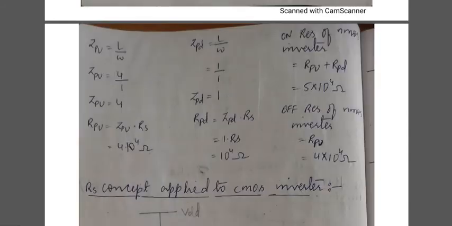So here is a small tabular column showing how we are going to use the length to width ratio for pull up transistors and pull down transistors, which will be on, which will be off, and what will be the sheet resistance or the channel resistance for your pull up transistor or pull down transistor, which are all given in this particular table. I'll be giving the notes for you people. Please go through that particular notes so that it will be clear for you. Okay.